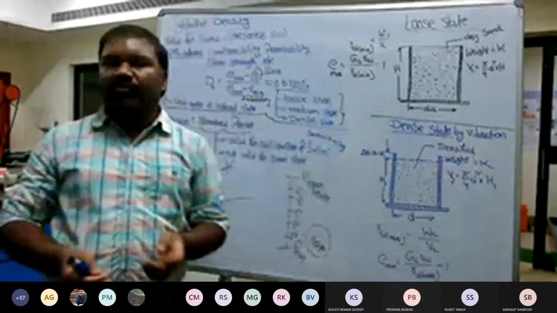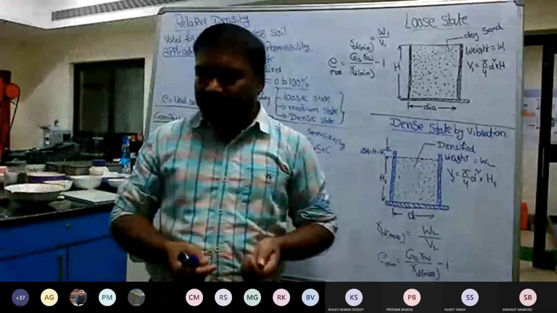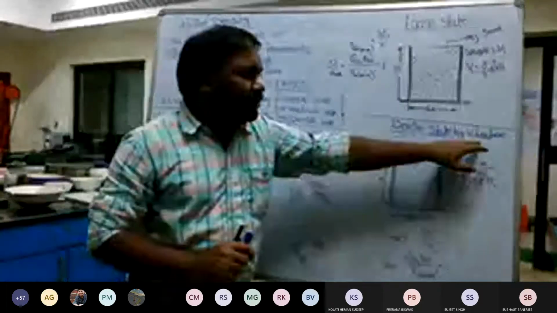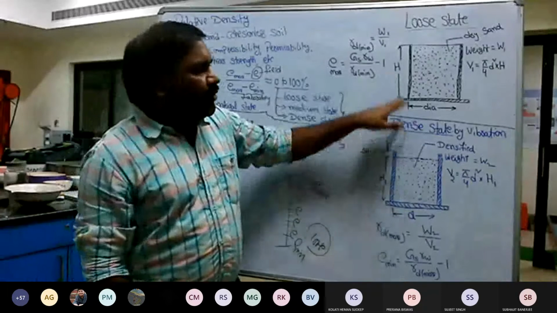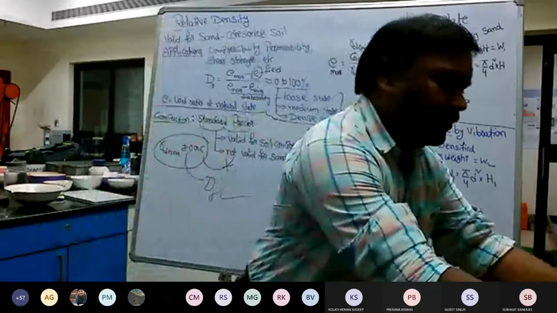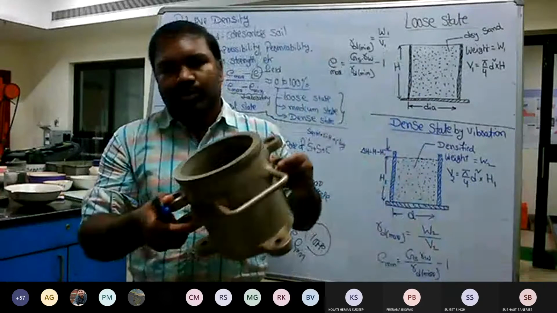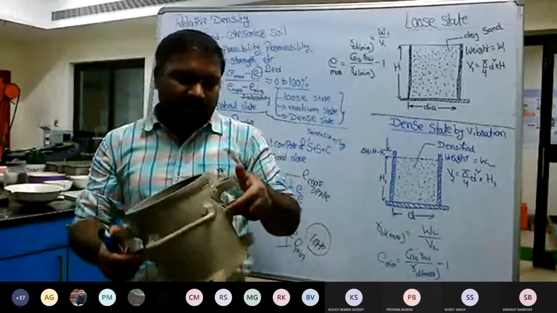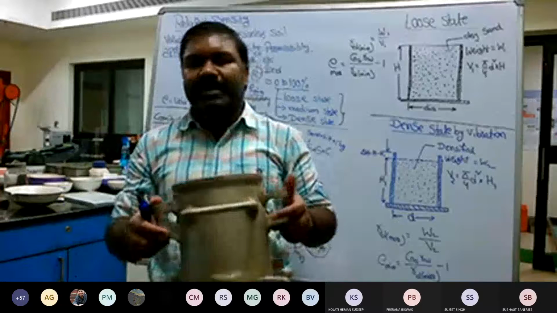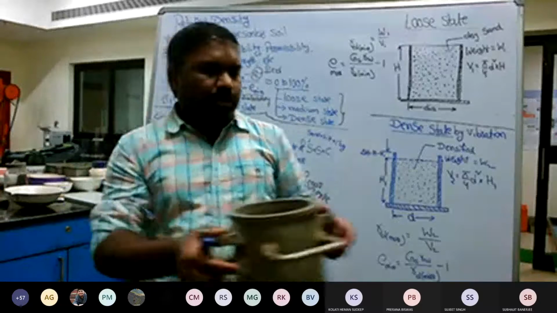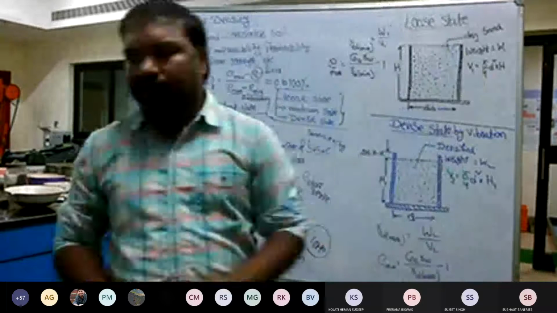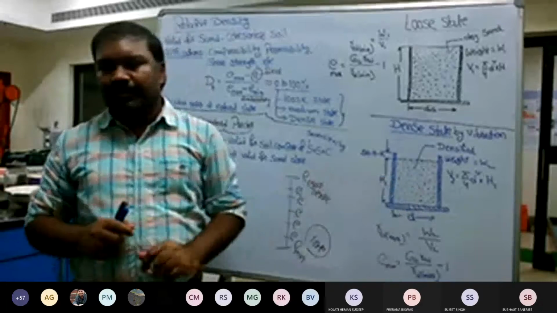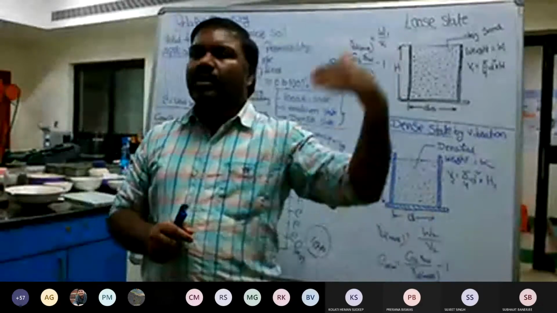As you know, if you take any flowable material and if you apply some kind of vibration, it will settle to the maximum possible extent. The same principle or philosophy I will use in the relative density. So what I will do is, again, I will take the mold. Earlier I have filled to the maximum possible loosest state. I will repeat the same thing, but with again another identical sand material. So again I will fill the mold up to the top. Now in order to densify it, I will keep this mold on the vibrating platform.